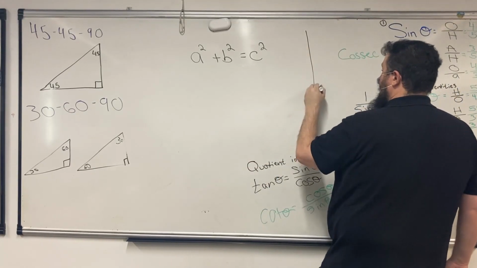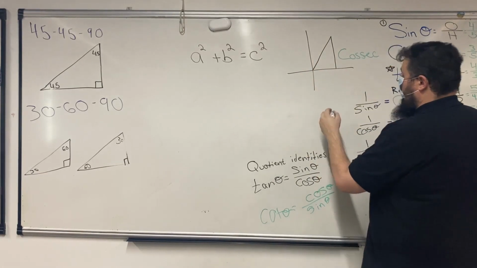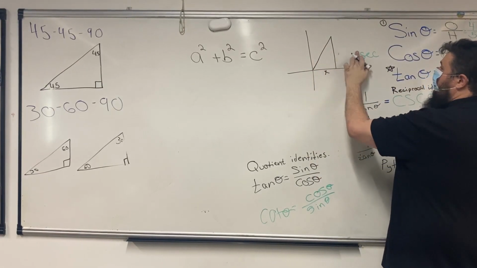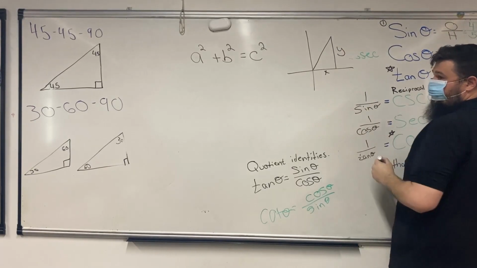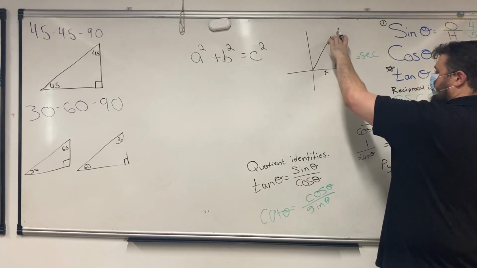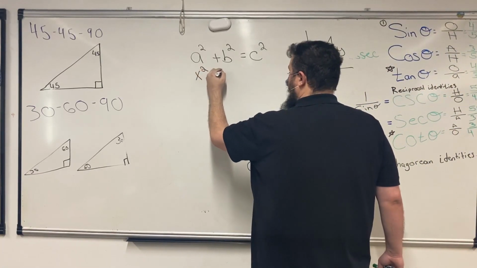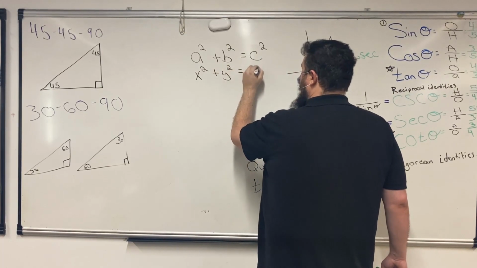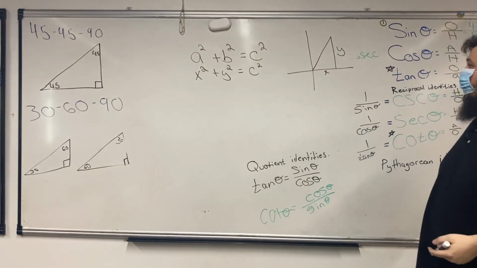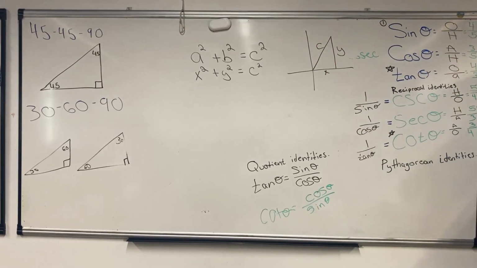What if I had this triangle? This would be my x value, right? This would be my y value. We agree on that? Whatever the length of this is x, whatever the length of this is y. Could I also rewrite then as x squared plus y squared equals c squared? Wouldn't this just be c? Pretty easy, right? I should have put y first, but